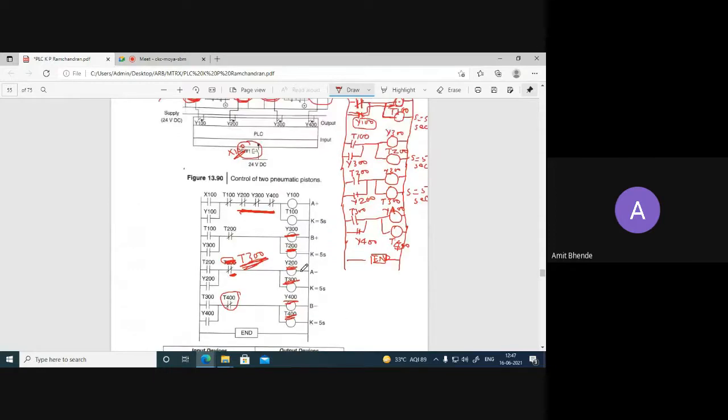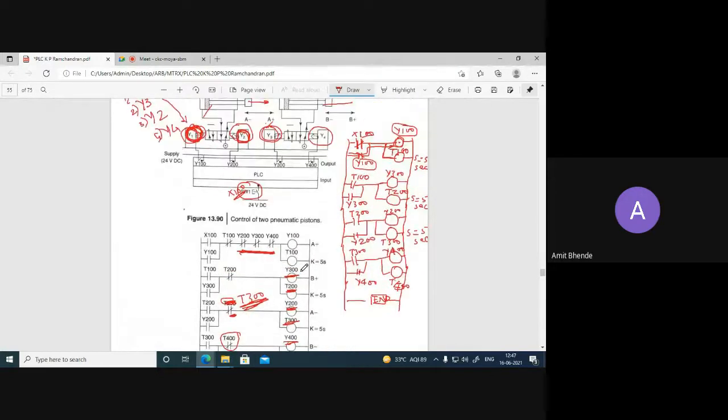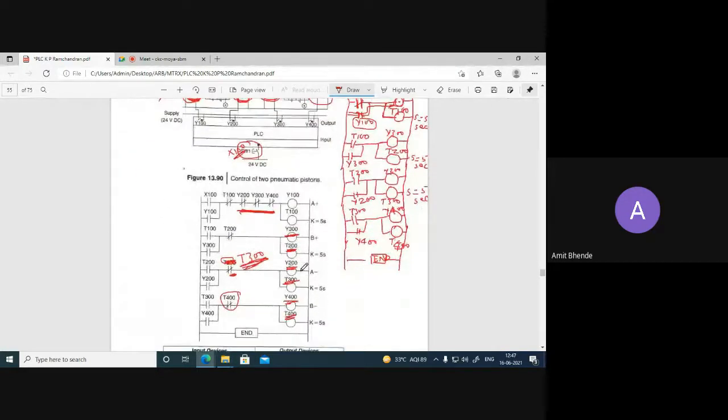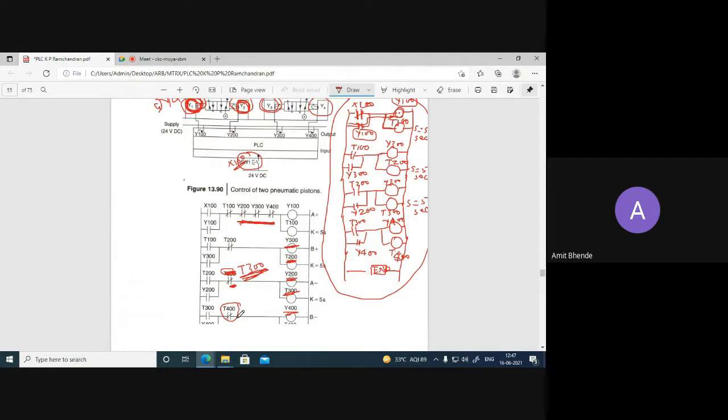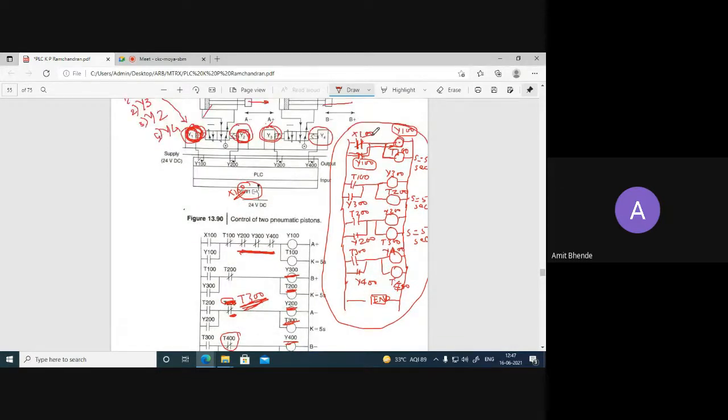So this is the ladder programming of the cylinder sequencing. The basic logic is in this diagram only, but for certain features such as for de-energizing the other solenoids when one solenoid is in operation, so for that some of the NC switches, normally closed switches, are added in this diagram. But the basic soul or the basic sequence of operations are in this diagram only.